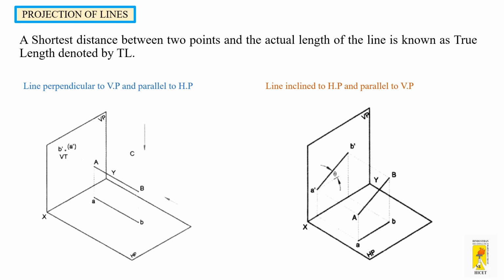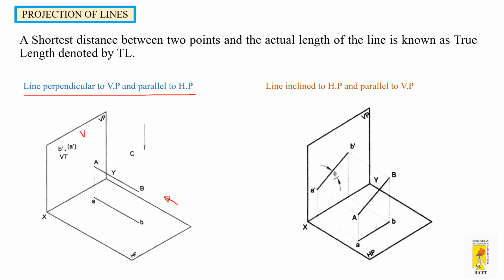So this slide shows you the line perpendicular to VP, parallel to HP. Here this line is viewed from the front side, and you can see the line is placed in between the vertical plane and horizontal plane in this manner. So if AB is horizontally placed in this manner, it is obvious that the line is